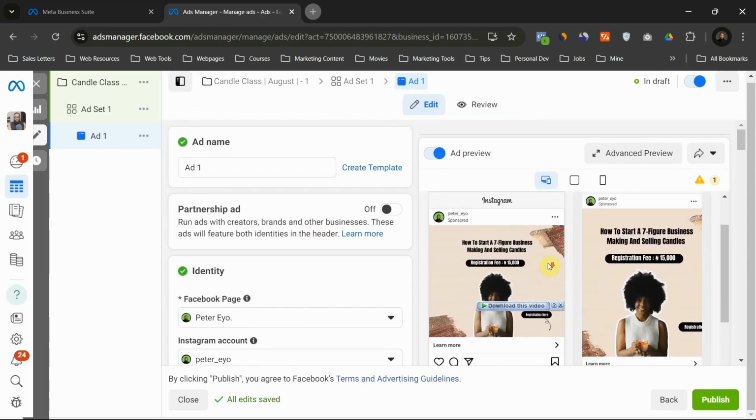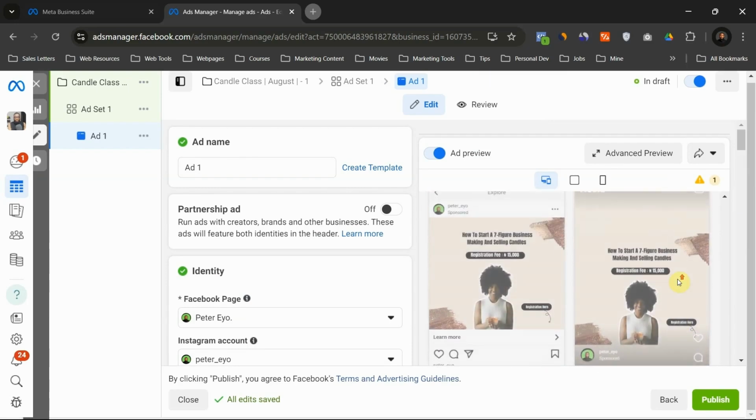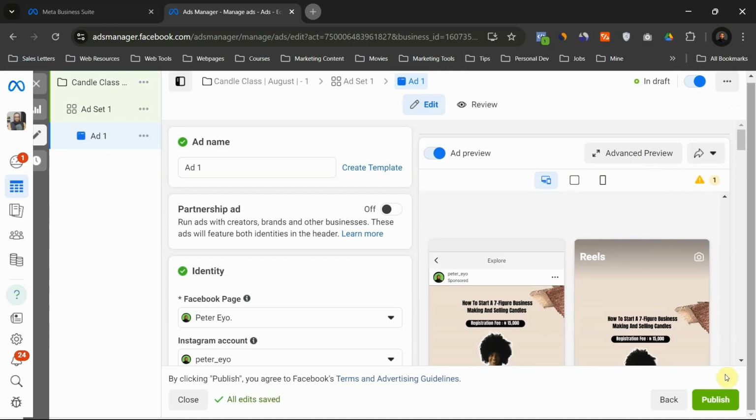Look at it here. You can come here and see how your advert looks across different channels. When you are satisfied with everything, you click on publish. Facebook is going to review your ads and then publish your advert.